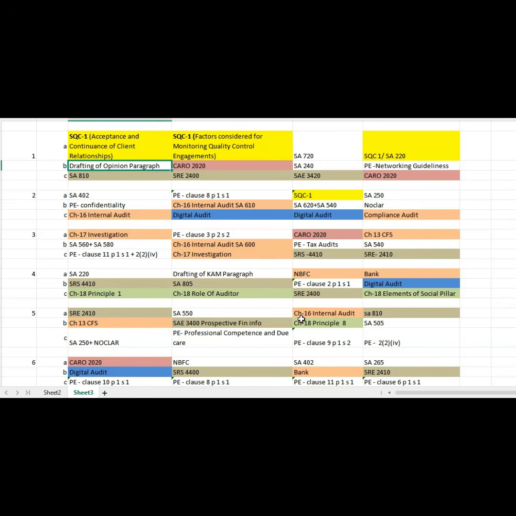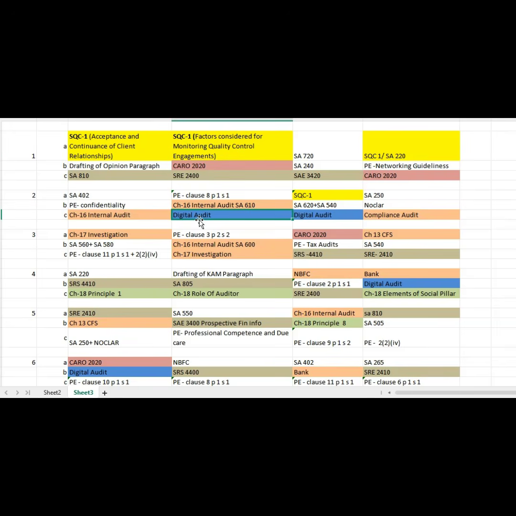There is some 143 sections, 143 part is there. You make sure that you are clear with that part also. Okay, so since they have tested CARO 2020 in all the 4 attempts, there may be chances that the Companies Act part will be tested. Okay, next. So now you are done with the 2 questions. Okay, now you are done with two questions where you have to concentrate for sure, which is SQC1 and SA220 and CARO 2020. These are very important, that it assures you 10 marks in your exams.